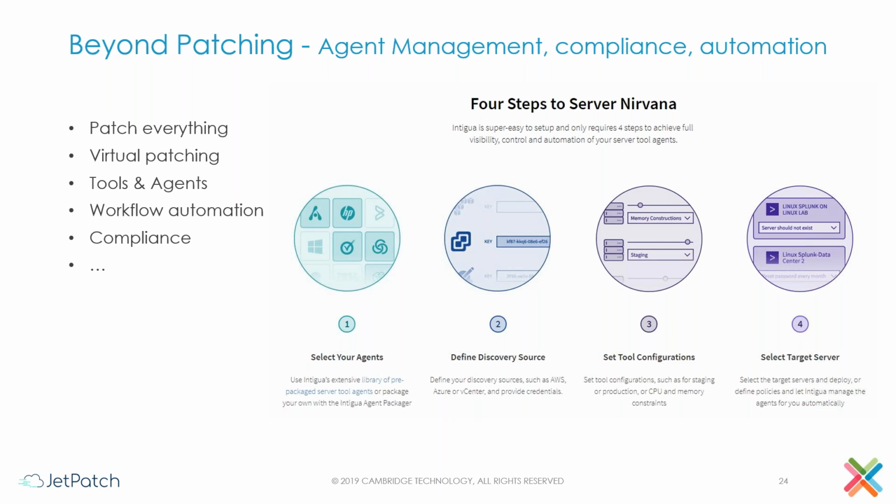Here I would like to talk about beyond patching. As I said initially, we have agent management as well, wherein you can push your agents to your n number of servers automatically. You can select the agent you want, or you can give us an RPM or an MSI file. We convert it to a WAR file and import it, and using the discovery source, we have the capability of